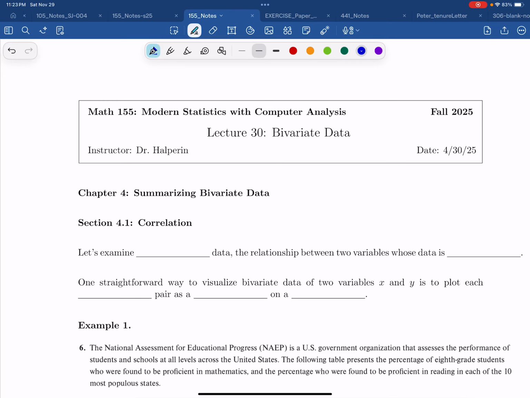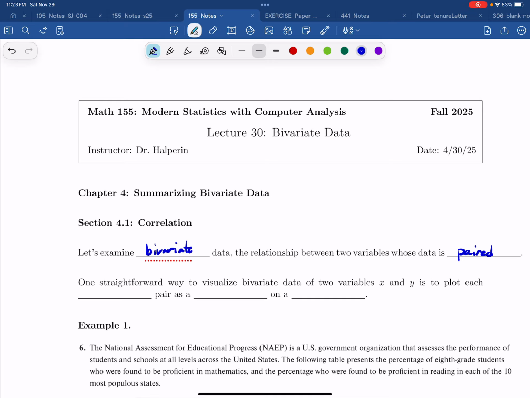We're in Chapter 4, looking at bivariate data. And in Section 4.1, we're looking at correlation. So if we were to examine bivariate data, that means that we're looking at data between two variables whose data